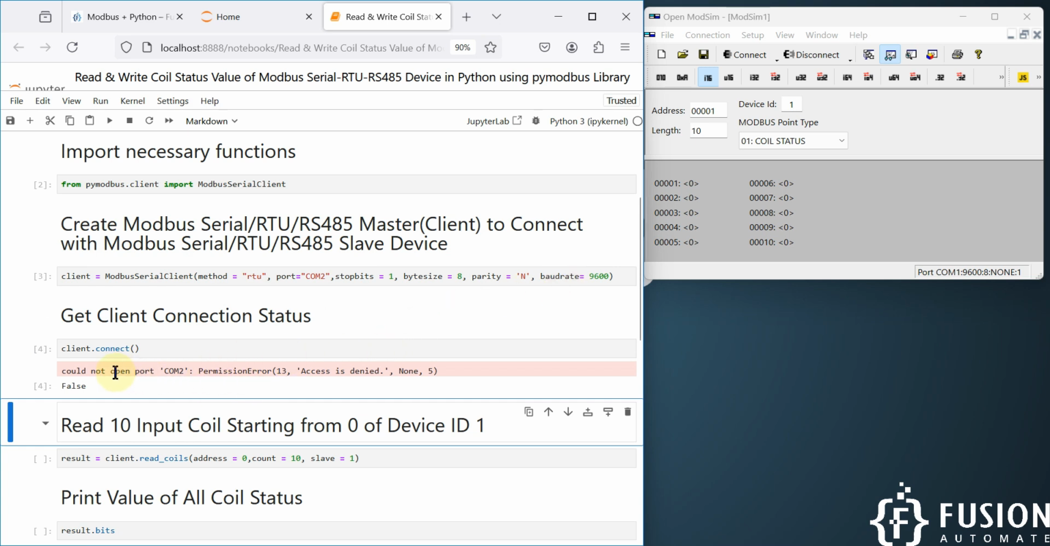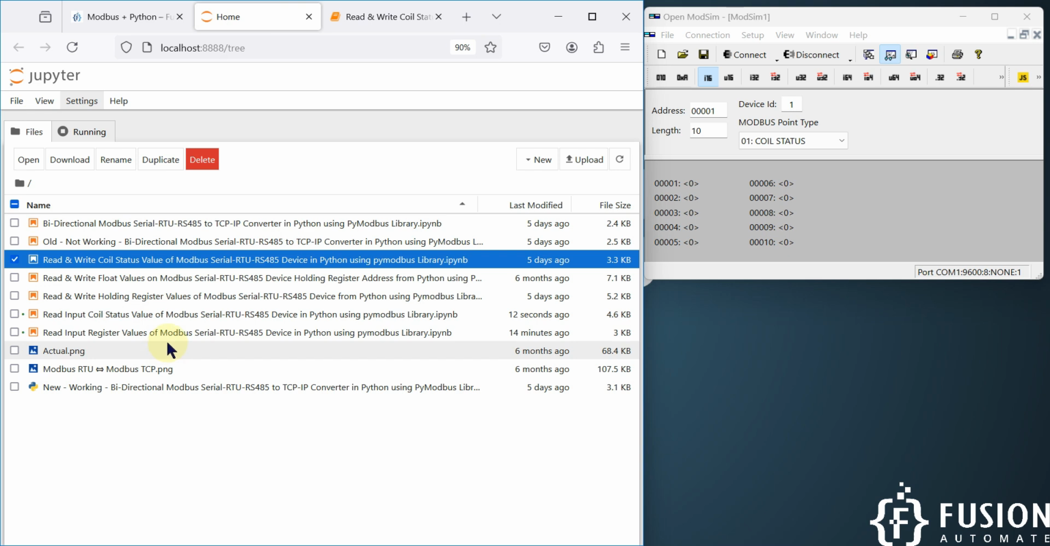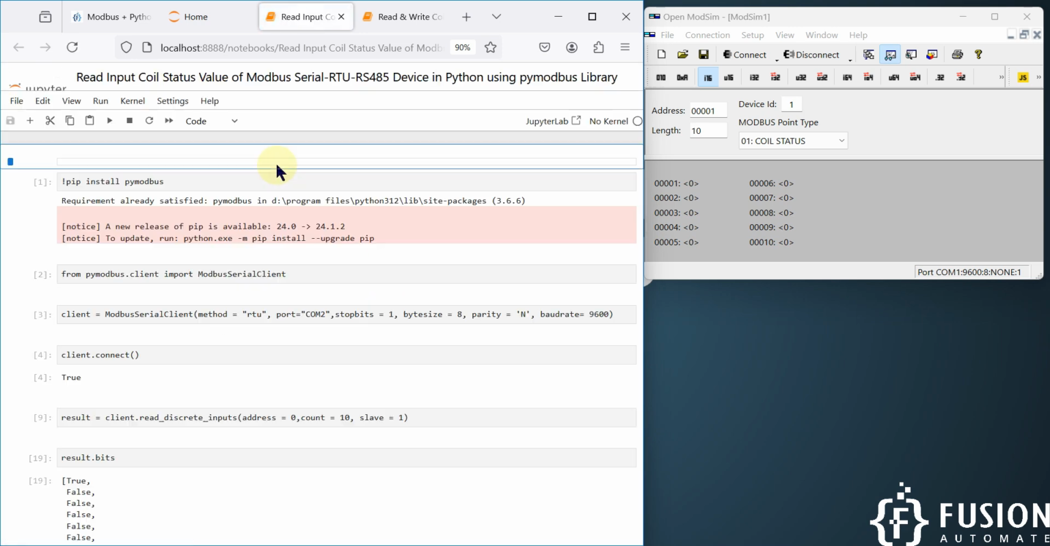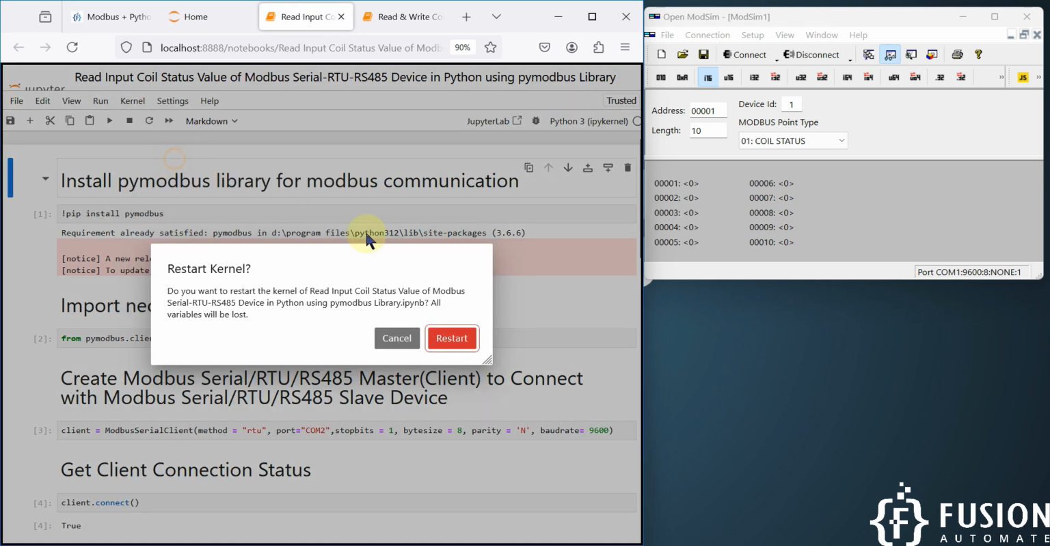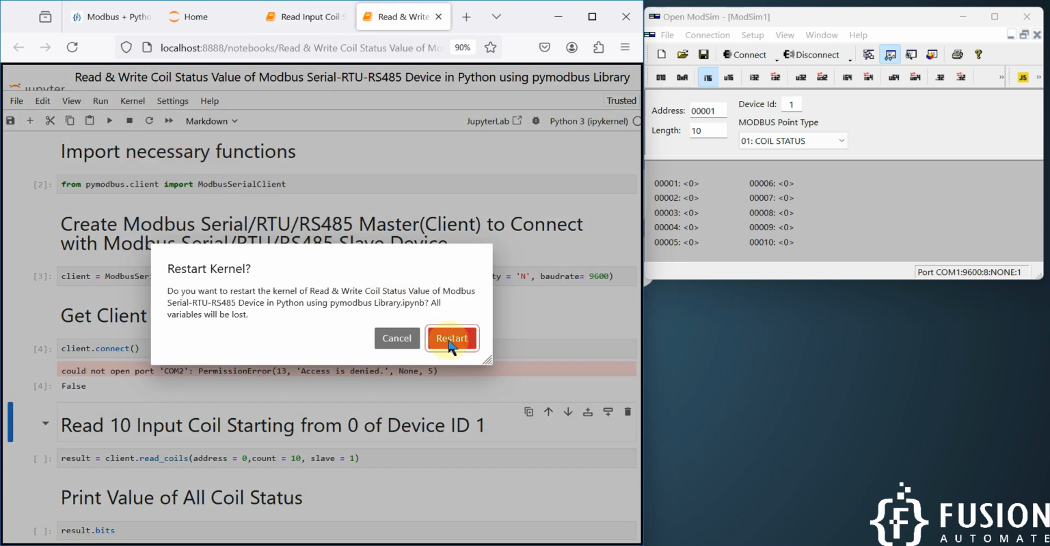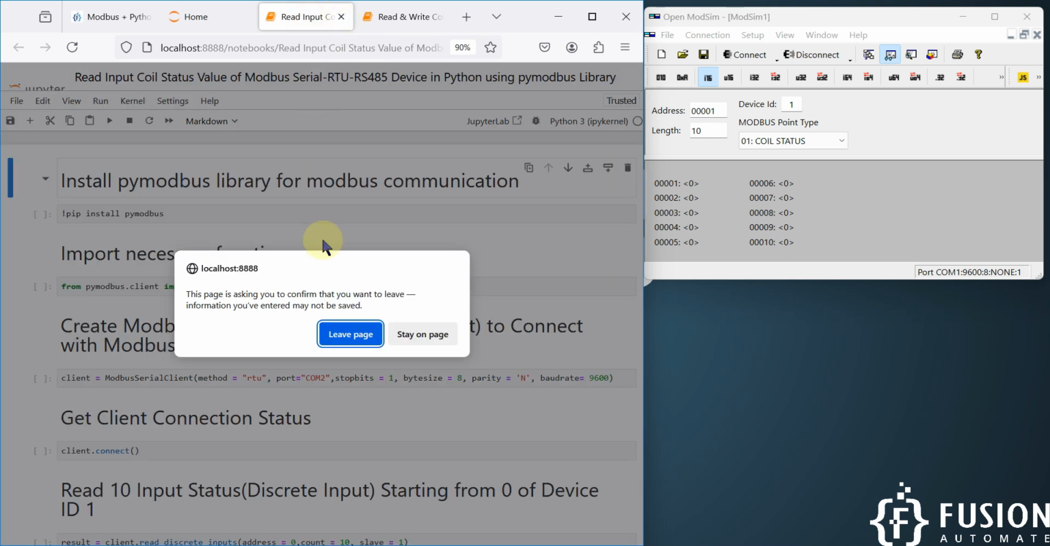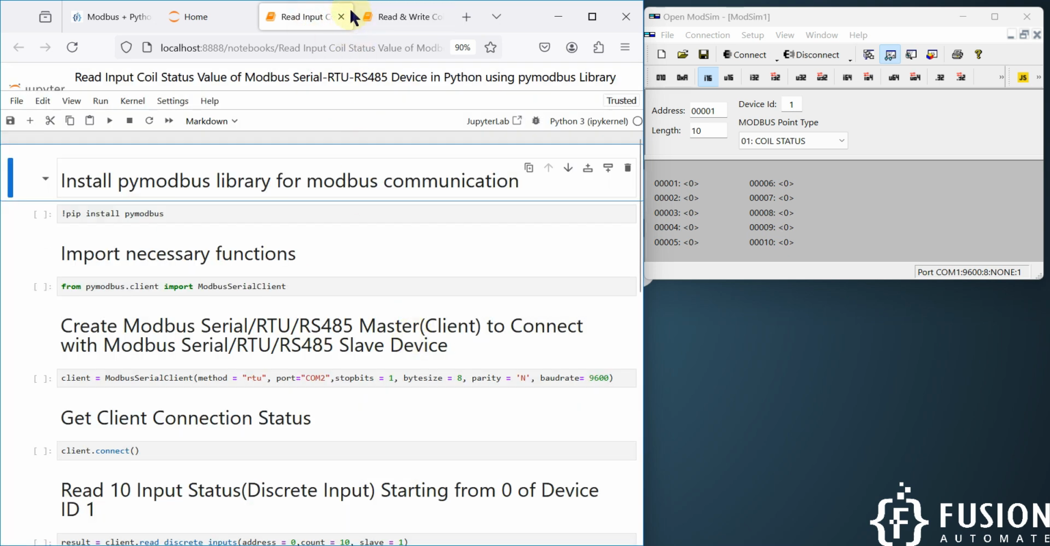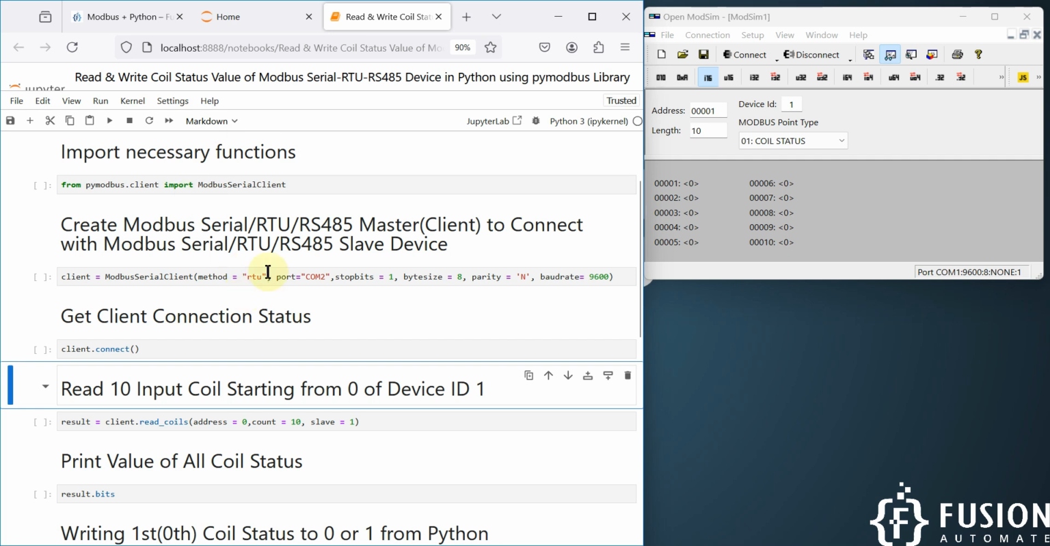You can see it says could not open COM2, permission error, access is denied, because my other notebook is using the COM2 port, so I have to close that notebook. The notebook which is using it is this one. So I can go to kernel, restart and clear all output. Now again I can go to my latest notebook, restart kernel and clear all output, stay on the page, save the notebook, and close it. Now I can